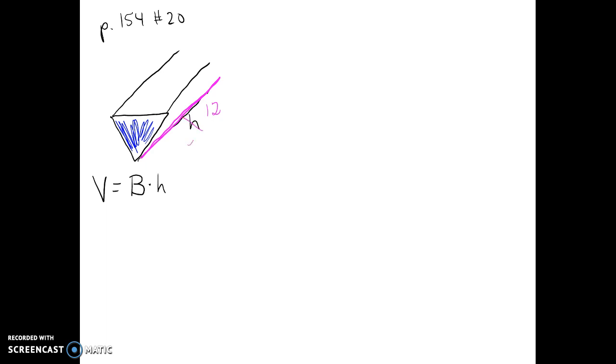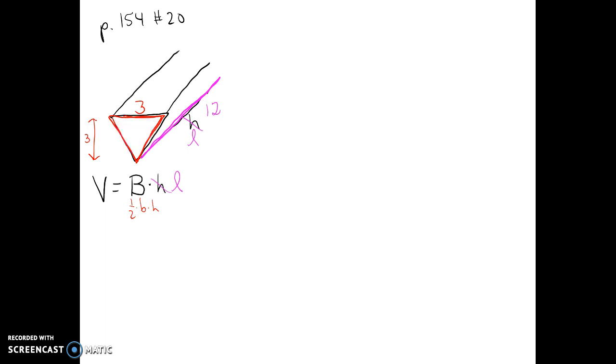And I'm going to call this length L so that it doesn't get confused with the height of the triangle on the end. Now the area of the triangle on the end would be 1/2 times the base times the height of the triangle on the end. And since when it's all the way full, the base is 3 and the height is 3,